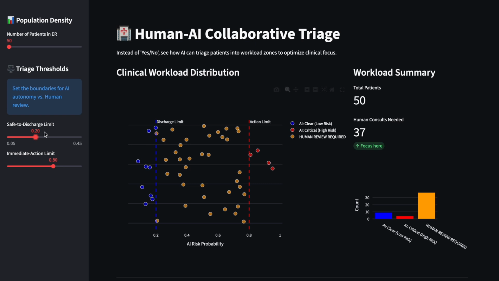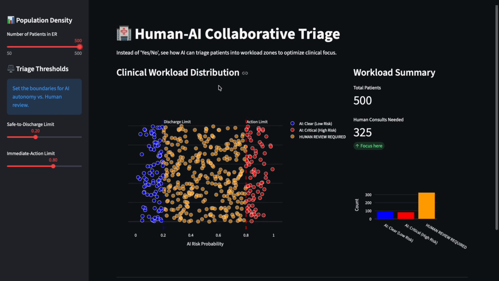When the risk of reintubation is less than 20%, then again, 1 in 10,000 will be an error, but almost certainly they are fine. So we had 50 patients, now we have only 37 to review, and for these 13 we know exactly what to do. So if it will be 500, it's a significant reduction, almost 30% reduction of our workload,